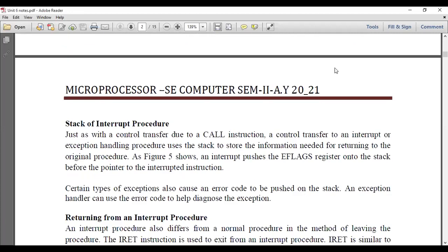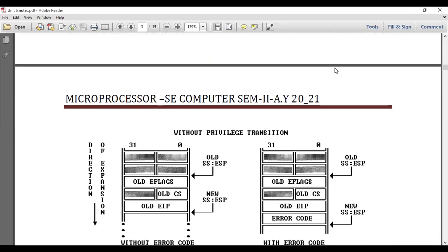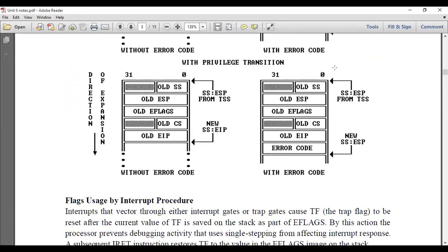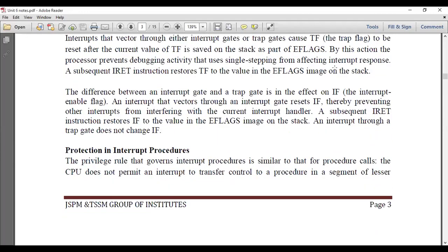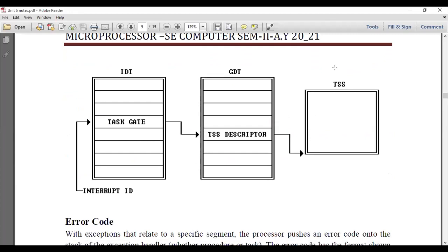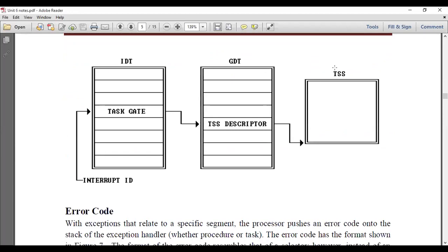So we are now done with the part for this. We are going to see it with and without privileges. Okay, so now this again correlates with the IDT, and the GDT with respect to the TSS, right?